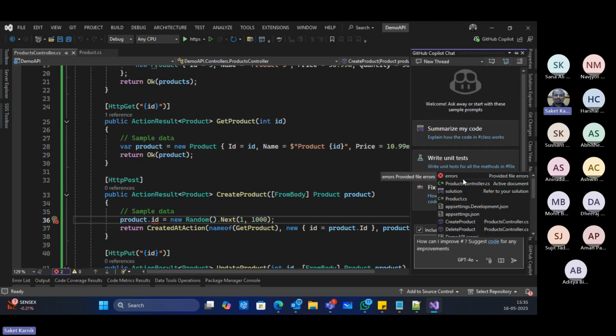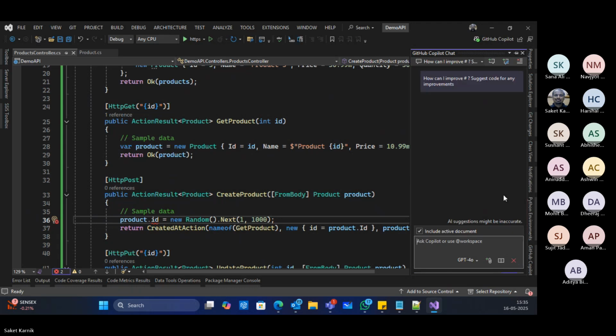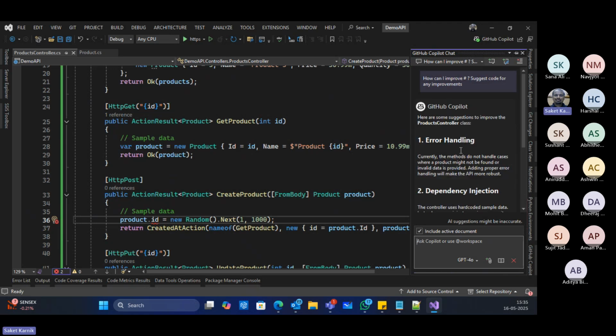Alternatively, I can say fix my code errors. So errors may not always be syntactical errors. There can be code patterns also which can be further optimized. That also it will suggest.